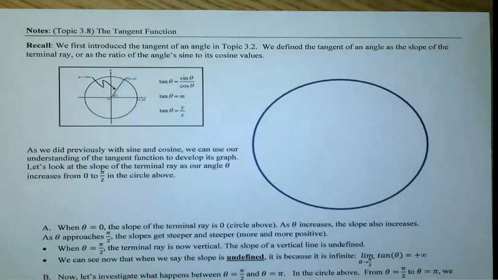Hello, today we are going to be looking into topic 3.18, the tangent function. Everything we've studied up to this point has been really the sine and cosine function, making sure that you knew all of the ins and outs, understood where the values on the unit circle come from, as well as how that transitions to a rectangular type graph where you have angles on the horizontal axis and distance, the radius